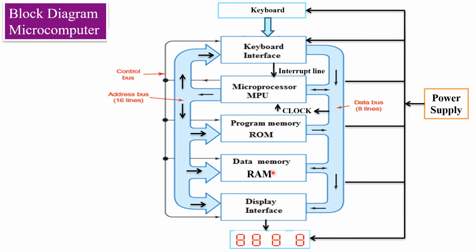See this diagram, there is a trick to how you have to draw it. First draw these blocks and remember that the right hand side is the data lines and power supply. On the left hand side, what do you have to draw? You have to draw the address bus and control lines and then show the flow. See, very easy. First draw the blocks very fast. How many blocks to draw? 1 2 3 4 5 6 7 blocks.